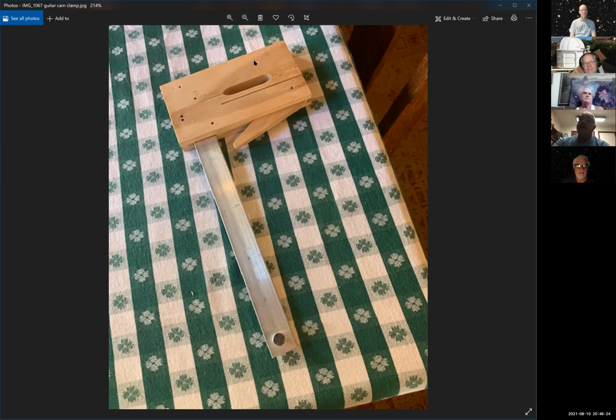What I did here is, usually at the jaws of the clamp, where his cursor is, there are bits of cork. And when you push them together, you pull that cam lever down, and that clamps it and puts a lot of pressure on it. I put the cork on the bottom only. Actually, it would have been on the top piece, and on the bottom, where the clamp is, that's going to be on the outside of the guitar. I just left it wood because I wanted that wood to press down on that fret bar. And then I just press it and keep pulling the lever and pressing it down as I went,